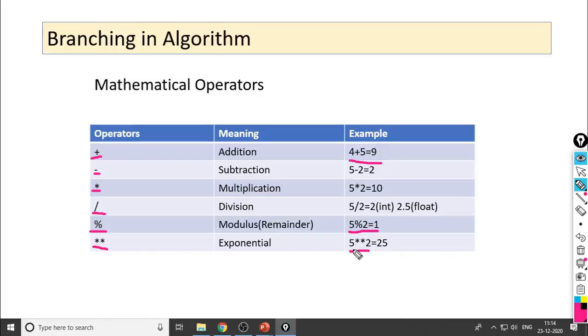Here 5 is the base and 2 is the index. So base raised to index gives you the value of 5 raised to 2, that is 5 square, that means 25. Okay, so all these operators are called mathematical operators. So we can use these mathematical operators in algorithm itself. Okay, then next part.